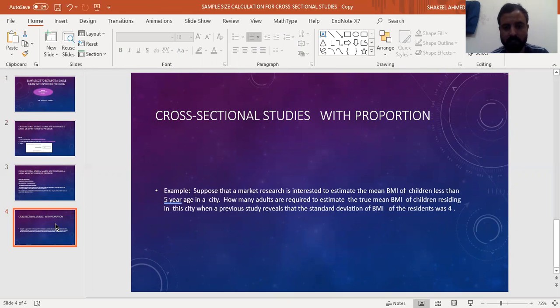A previous study reveals that the standard deviation of body mass index was 4. So our standard deviation is 4 here, and we compute the appropriate sample size for this standard deviation for different levels of precision and confidence level.